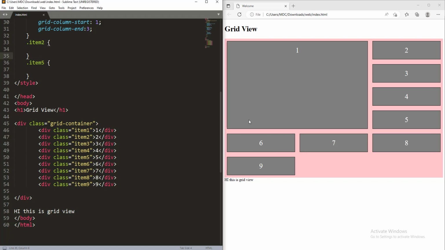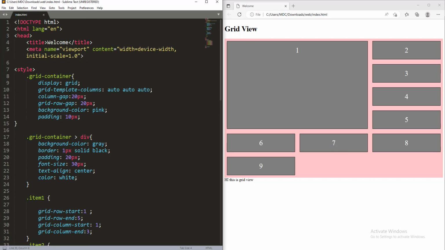Okay, so let's continue the grid view, or yes, grid template. Now we're going to discuss the grid template columns property. This property defines the number of columns in your grid layout, and it can define the